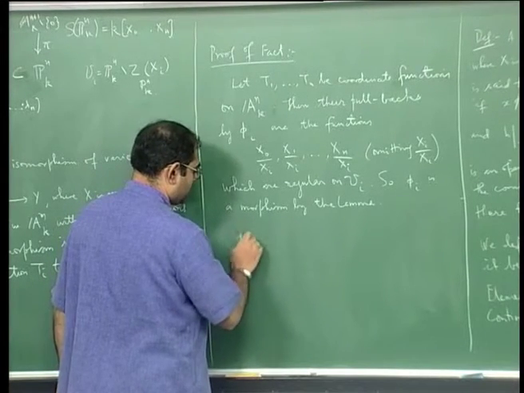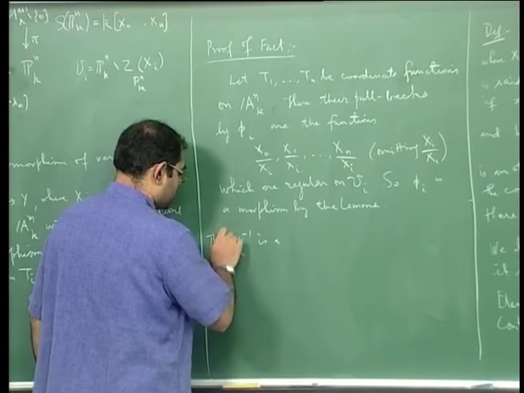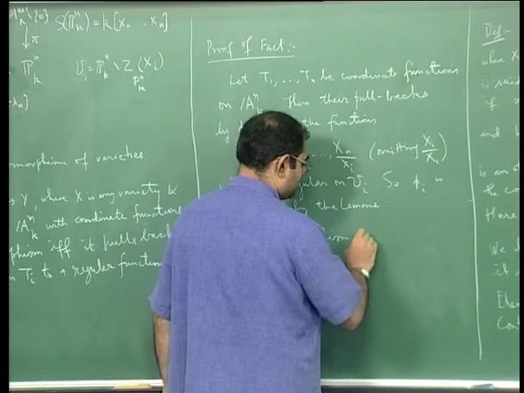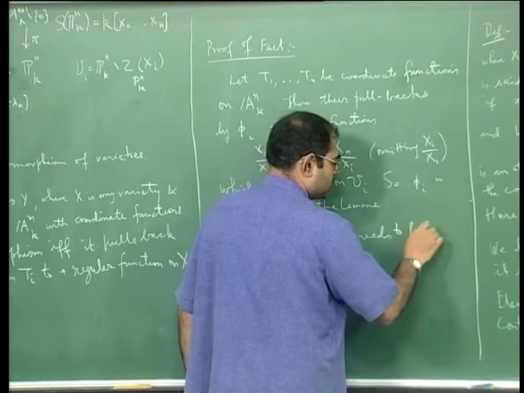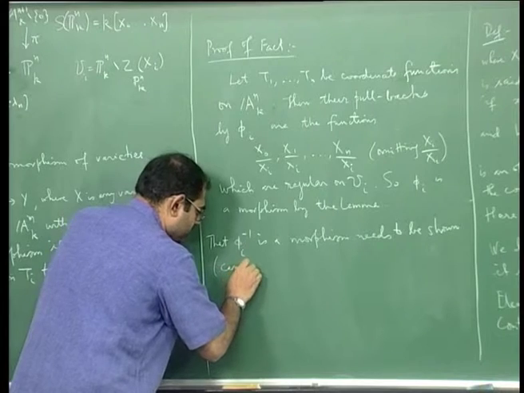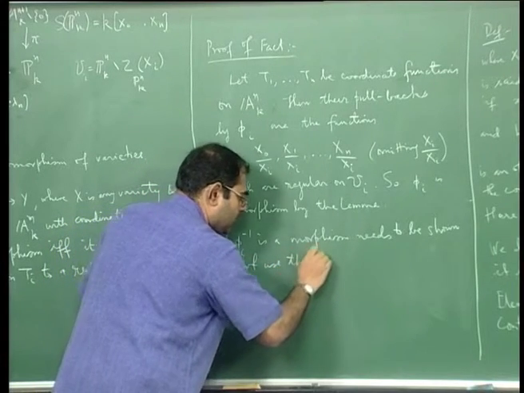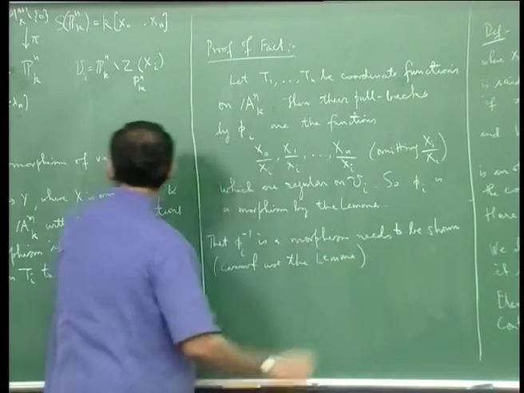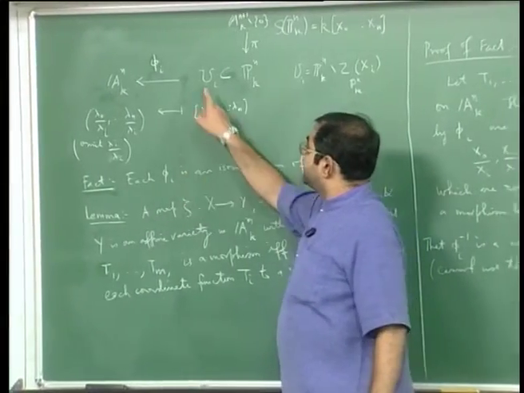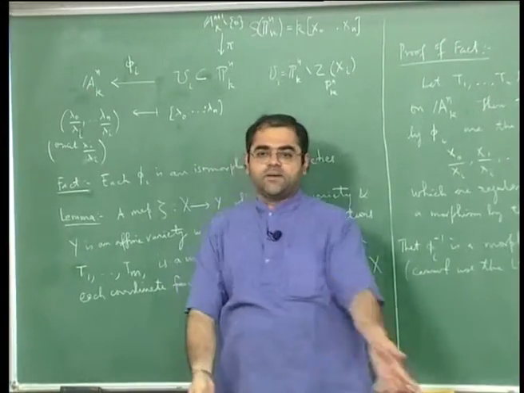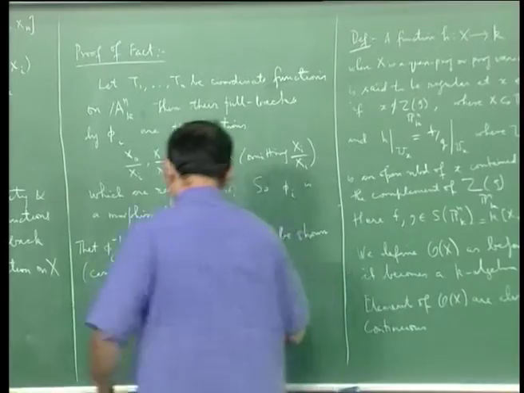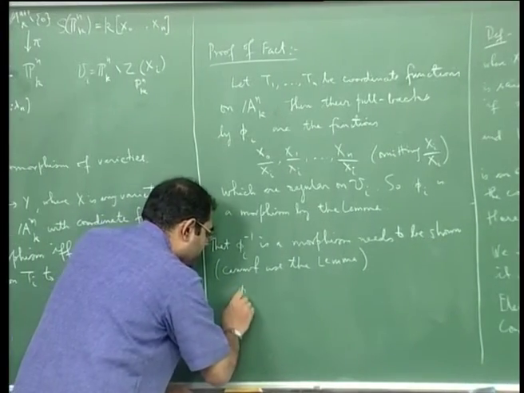So phi inverse is a morphism. That phi inverse is a morphism needs to be shown. I cannot use the lemma, because the target is Ui and I do not know Ui is affine. But of course once I prove this fact it will follow that Ui is isomorphic to an affine variety and therefore Ui will become affine, but I cannot assume it when I try to prove it, okay. So phi inverse is continuous